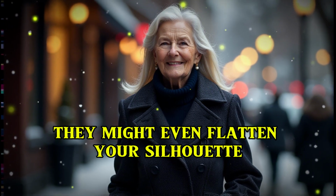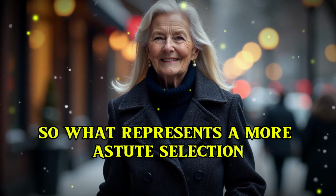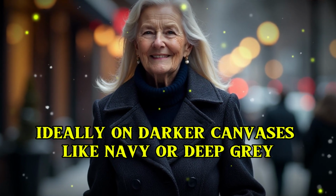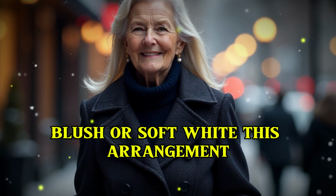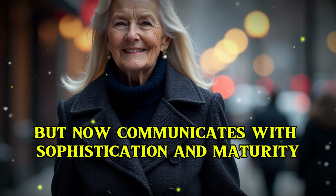They might even flatten your silhouette, especially when printed on loose or shapeless clothing. So what represents a more astute selection? Transition to larger, uniformly spaced dots, ideally on darker canvases like navy or deep gray, featuring lighter dots in ivory, blush, or soft white. This arrangement still offers a playful acknowledgement of vintage allure, but now communicates with sophistication and